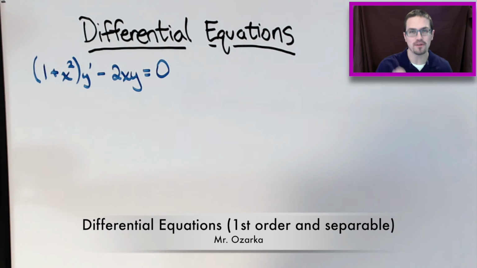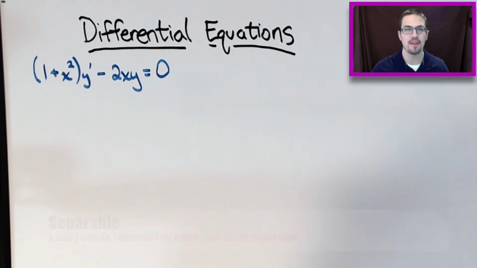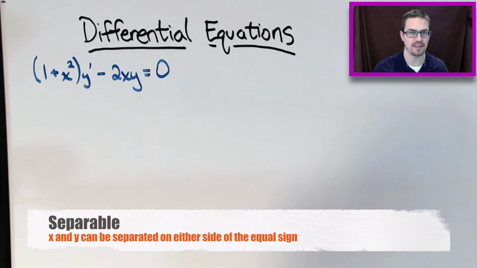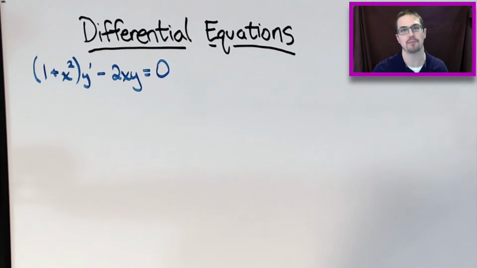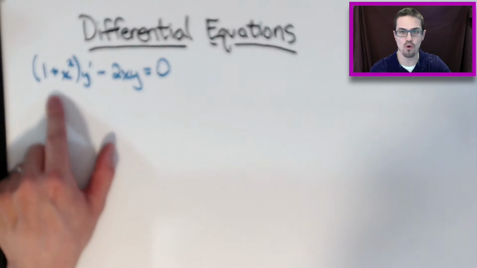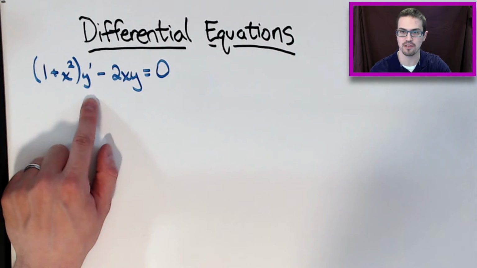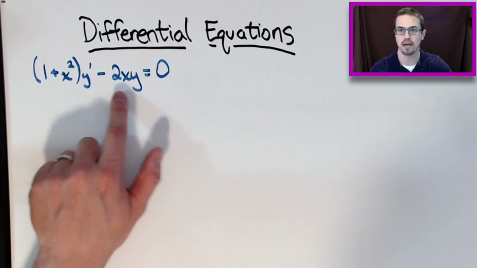This is going to be a video about solving differential equations that are first order and separable. That means the x's and the y's can be separated, as opposed to inseparable, where they can't be separated. So I have this quantity (1 + x^2) times the derivative of y with respect to x minus 2xy